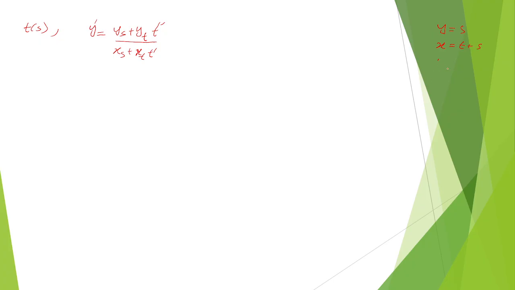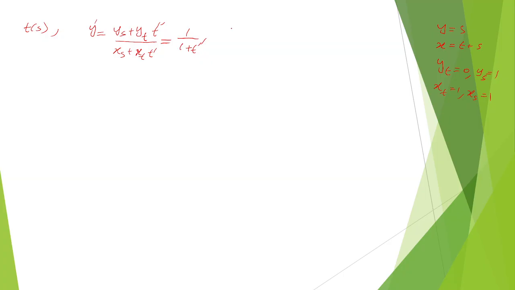So yt is 0 and ys is 1, xt is 1, xs is 1. Okay, so putting those values, yt is 0, so this term is 0 and I get only 1 over here, and xs is 1 and xt is 1, so this is 1 t dash. So that is